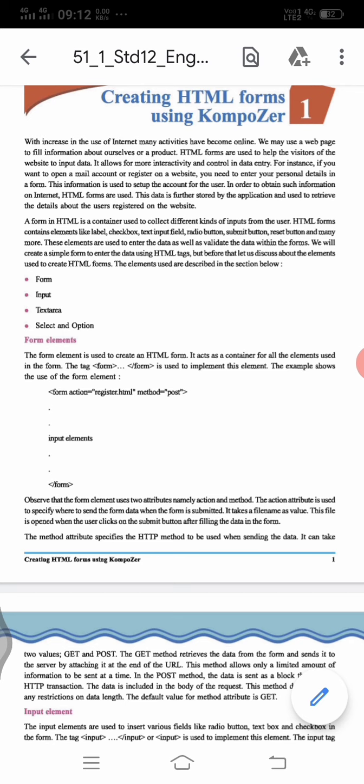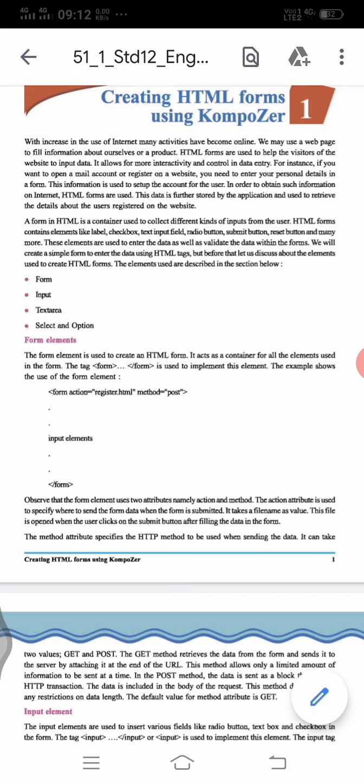Now coming back to the form. It is also a web page, but there's a difference over here. Till now you have only displayed content on the web page, right? Like a paragraph, image, bullets and numbering and all that. But today we will learn how to create a form using HTML, using Composer. First we will learn how to do it with HTML, then we will tell you how to do it with the Composer.